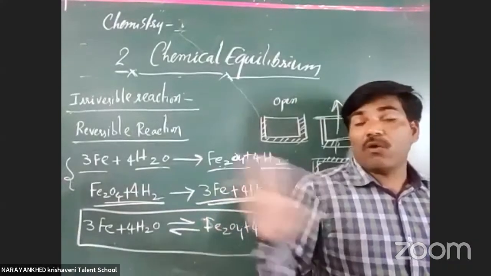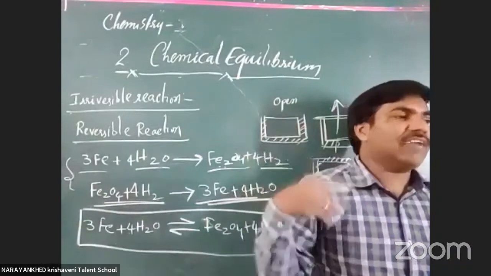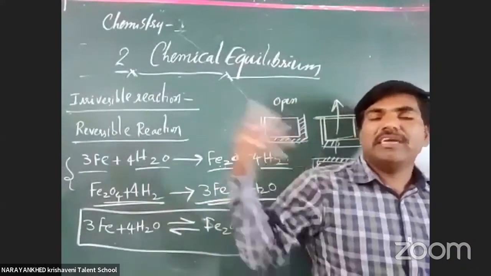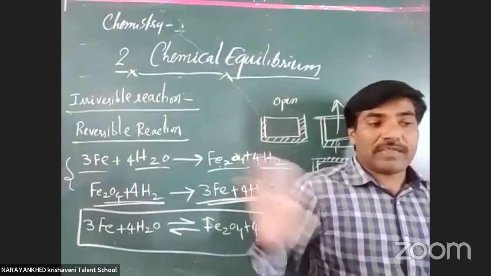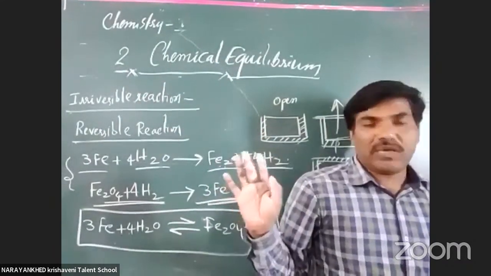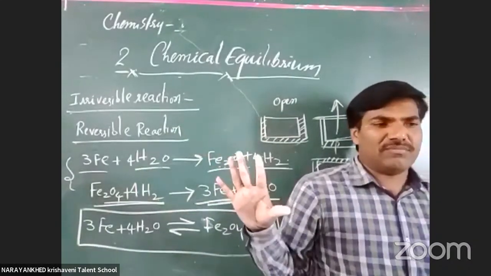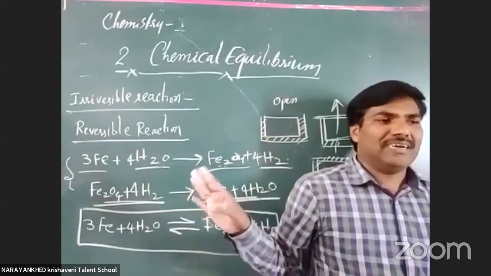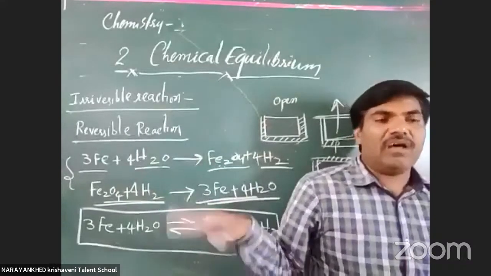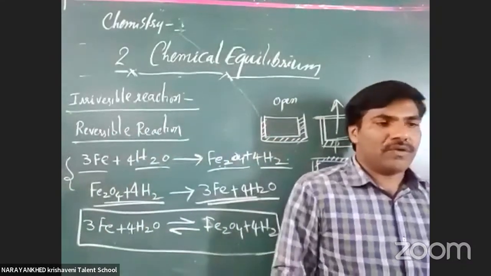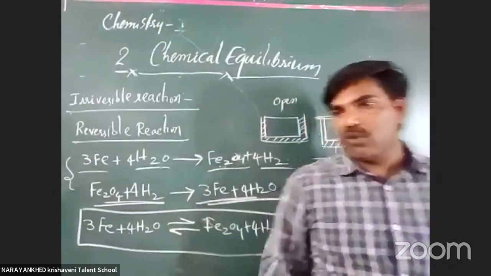Closed system: it does not exchange substances, just energy. It will take in energy, absorb energy, or give energy to the surroundings, but the substance does not change. Got it or not? Closed system is like that. In an isolated system, neither energy nor substance is exchanged with the surrounding system. Got it or not? These types are called what? Isolated system.